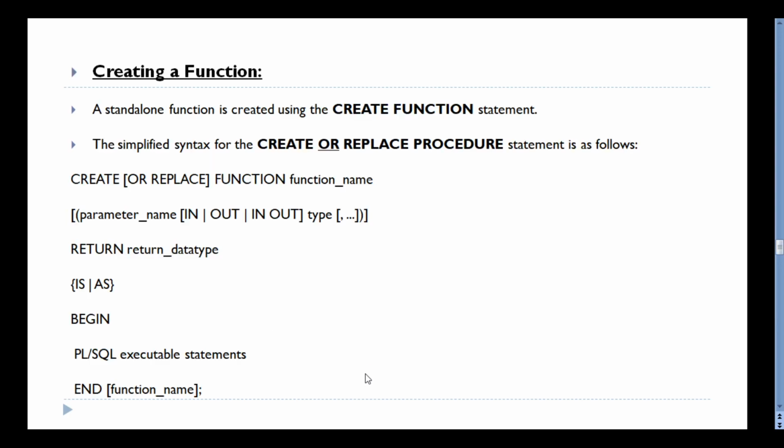Just see this syntax, creating a function. CREATE OR REPLACE FUNCTION function_name, parameter name, IN or OUT.